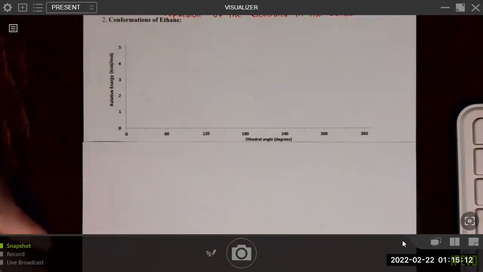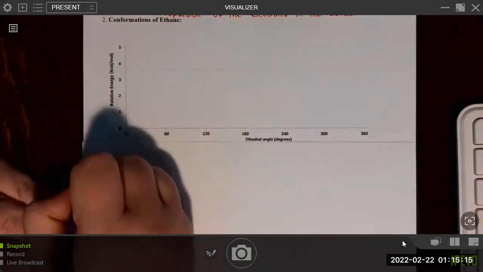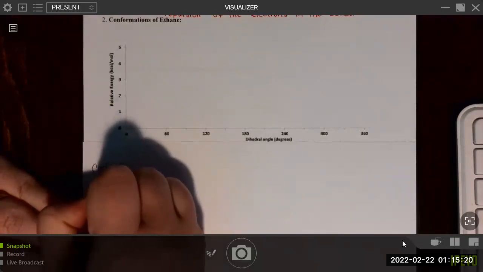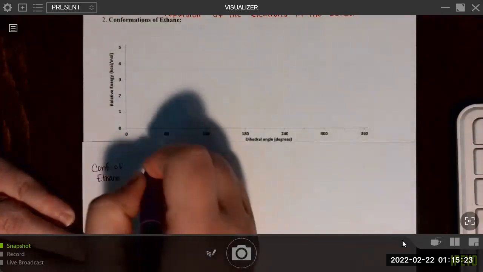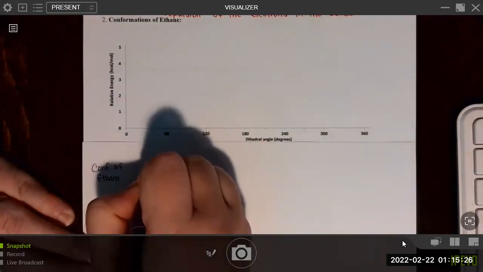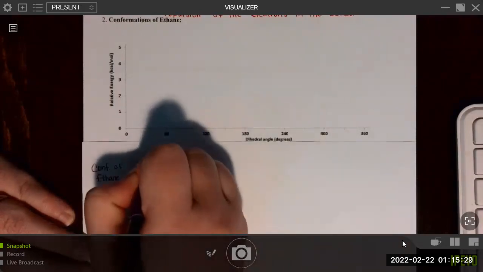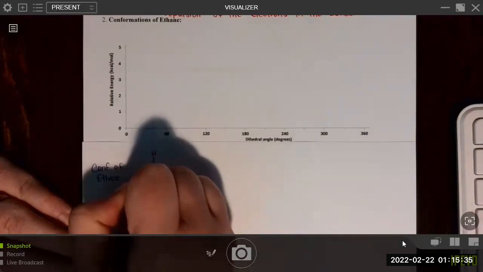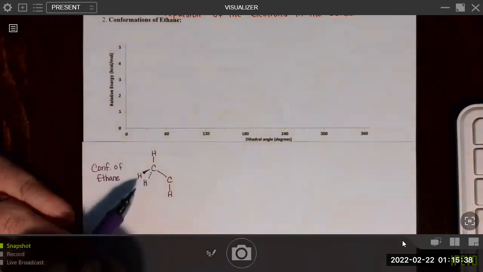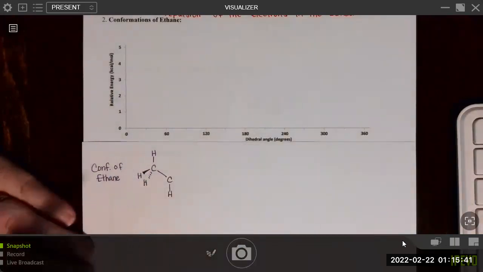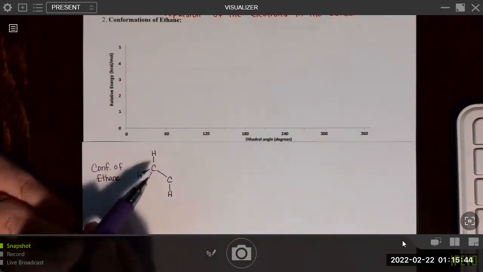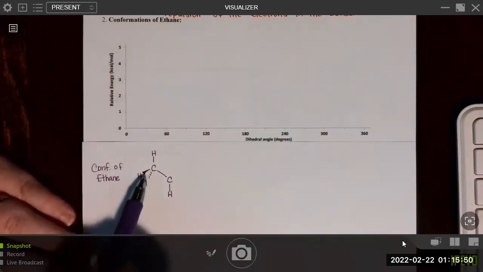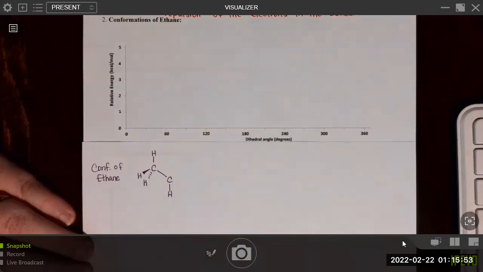Okay, so again, we are going to be looking at conformations of ethane in this first one. And that means that we're going to look down the carbon-carbon bond. For example, if I draw a carbon-carbon bond, I could draw the hydrogens attached. And it doesn't matter if you put the dash or the wedge on either side here, just as long as you know that this one's really coming out and that one's going back. If I had made this one the dash and this the wedge, that would have been fine as well.